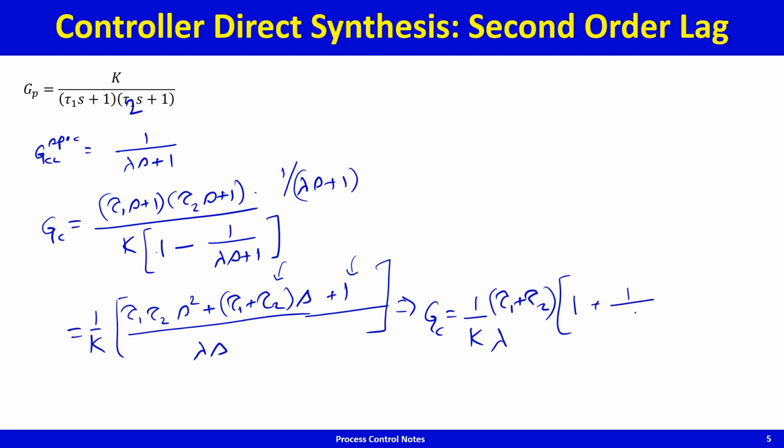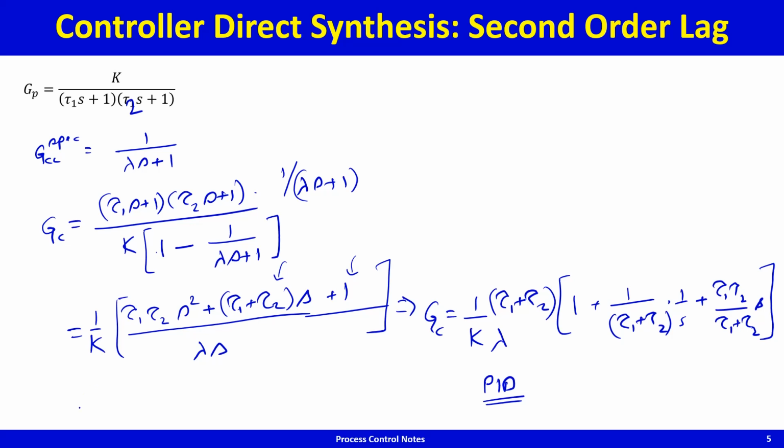this term will become 1 by tau 1 plus tau 2 times 1 by s, and the last term becomes tau 1 tau 2 divided by tau 1 plus tau 2 multiplied by s. You can see this is the PID control law,